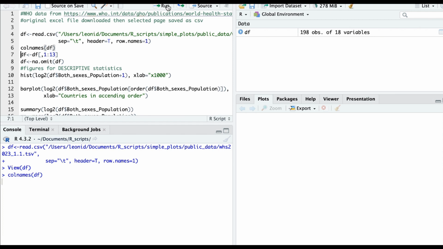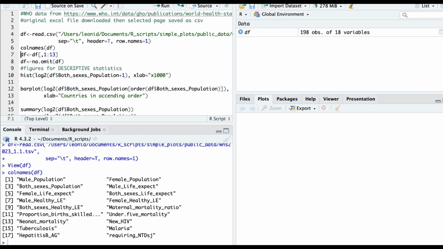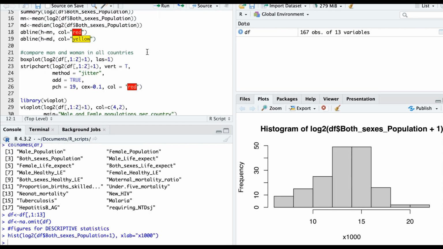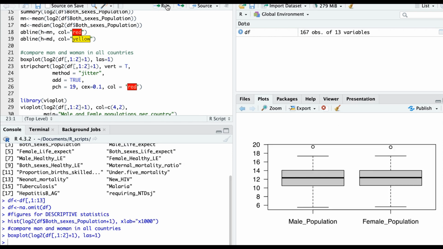Also, I limit a little bit the whole list of columns to the first 13 columns, which is about population most of the time. So that's the way how you do it. We're only interested now in a relative ratio between male and female populations. So superficially it's very close to one another. For most of us it's not a surprise,